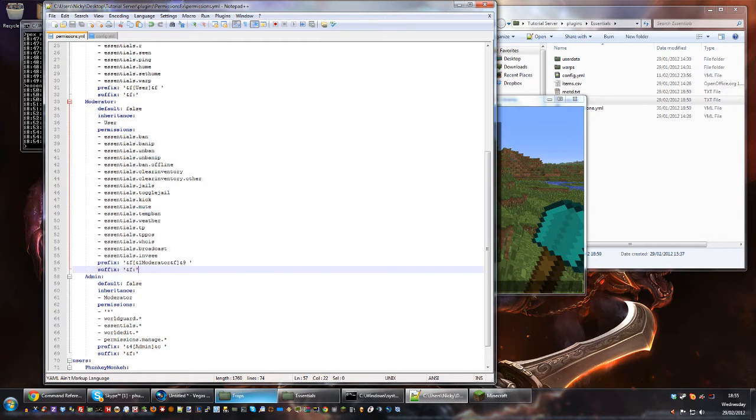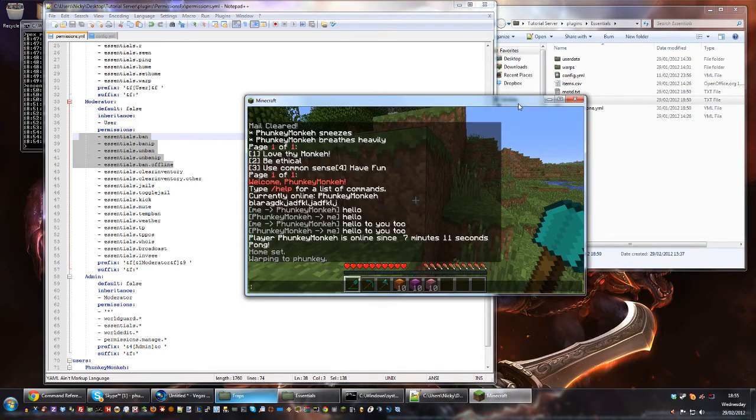Moderators. Okay, the first five commands are all to do with banning. You've got essentials.ban and essentials.banip. And those commands, I mean, they're self-explanatory, but you type in /ban username to ban a person. You type /banip and then the IP address to ban an IP address. Now, you also have, respectively, unban and unban IP, which do exactly what you'd think they do,